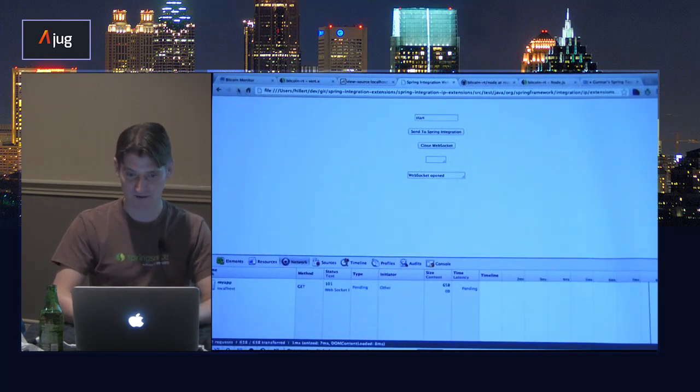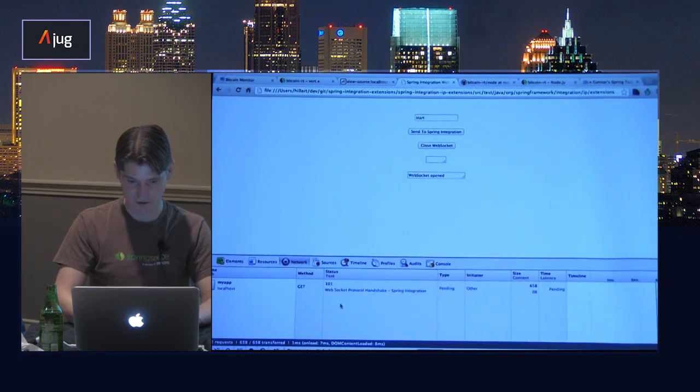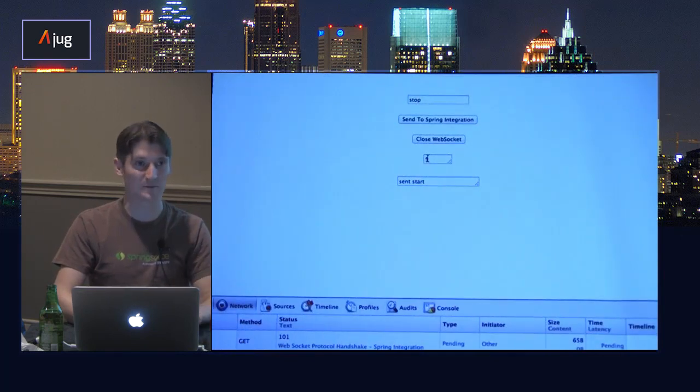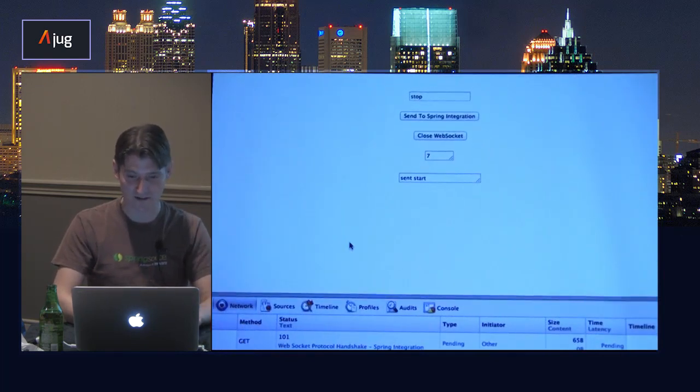I didn't have the time to put that in. But we have the WebSocket connection established. WebSocket protocol handshake, send to Spring Integration, start, and we should see the counter going up here, counting up. Nothing really spectacular.